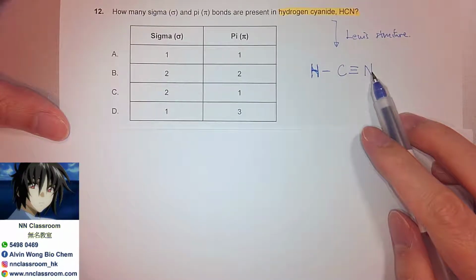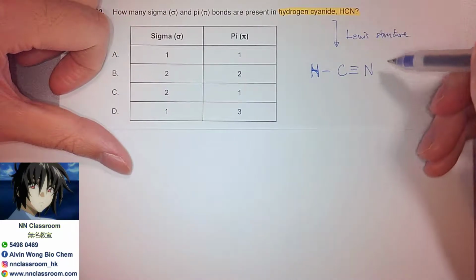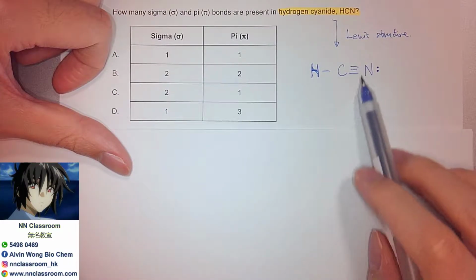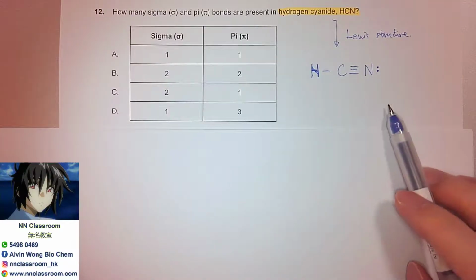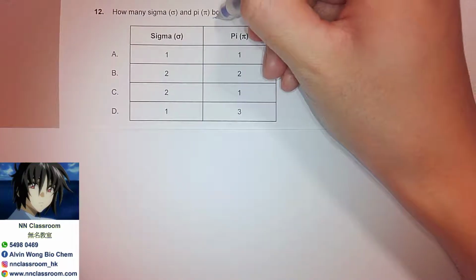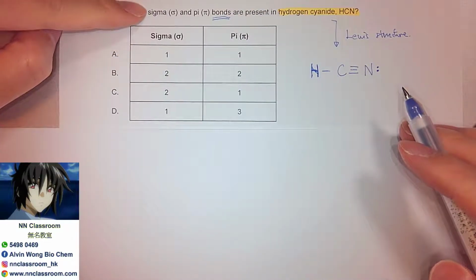And don't forget that the nitrogen has 5 electrons, 3 of them used to form bonds, so still 2 remaining, right? So this is first the Lewis structure, right? From the Lewis structure, we're particularly focusing on the bonds, right? Because this is what we are locating, and students are required to understand the meaning behind sigma and pi